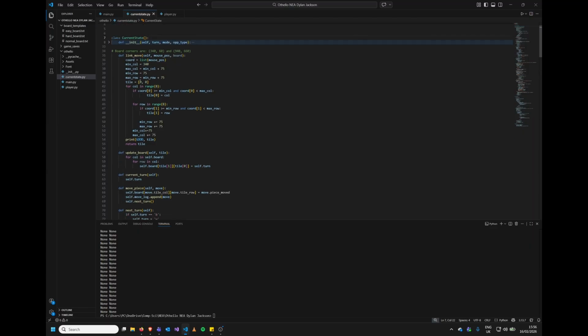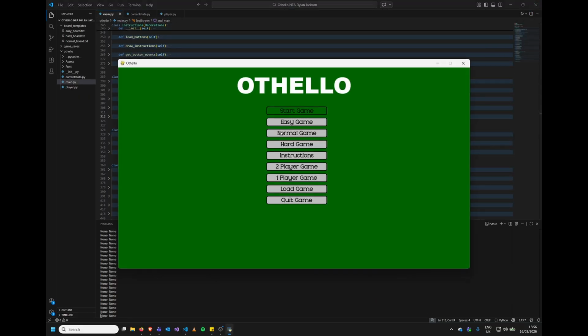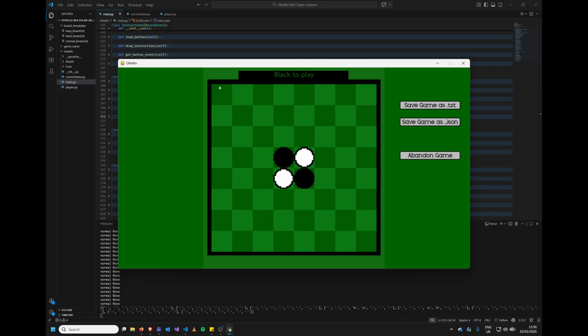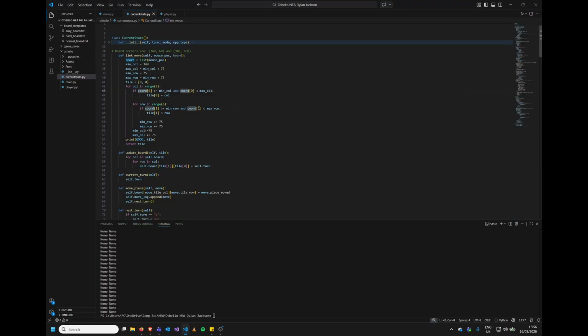Then link move, this takes in the mouse coordinate, so mouse pos from get events in the game class. This then translates that into a tile on the screen so that it knows which tile I'm clicking, and the coordinates of the mouse in relation to what tile it is. If I'm clicking a coordinate between here and here, it knows that this is tile 0, 0, and so on. As you can see here,